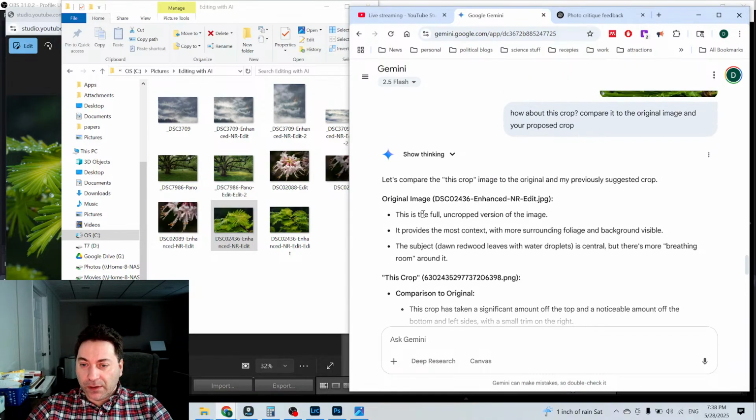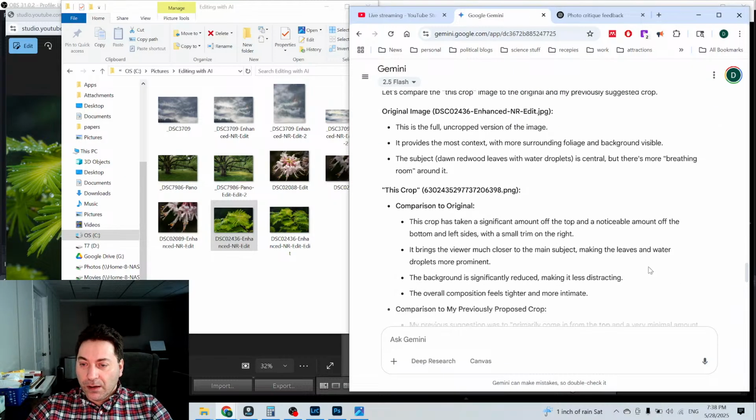Okay, so it kind of lists original image. This is a full uncropped version of the image, provides the most context with more surrounding foliage and background visible. The subject, Dawn Redwood, is central, but there's more breathing room around it. This crop,